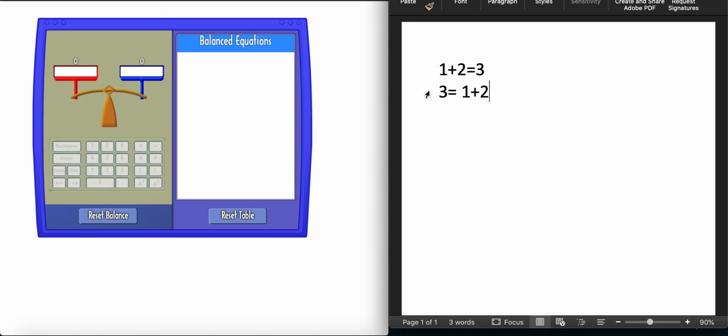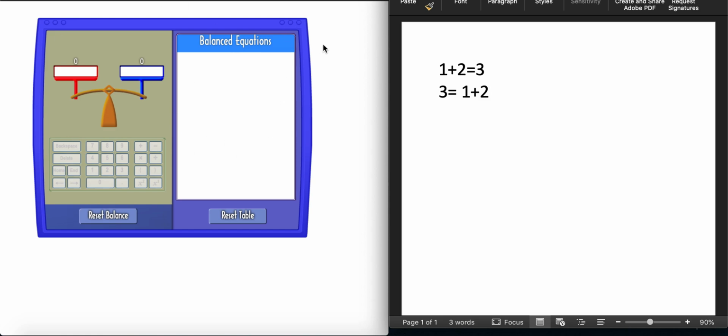We know we have 3 on this side, and we know if we add 2 and 1 together, we also get 3. We know we have 3 on this side as well. This has to be true if we have an equal sign in the middle. Whatever we have on the left side has to equal whatever we have on the right side. And we can use this in order to figure out parts of an equation that are missing. So we're going to do this using this little